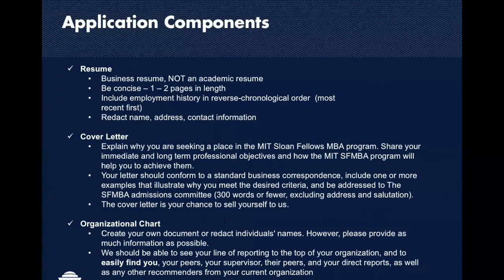So the resume is really designed to be a business resume, not one of an academic nature. What we mean by that is it should focus on your professional experiences and your career path, a tool that we can use to better understand how you've progressed in your career. It should highlight the accomplishments and the successes, and a little bit less of what the job description is. If you've done research or have more of an academic past,